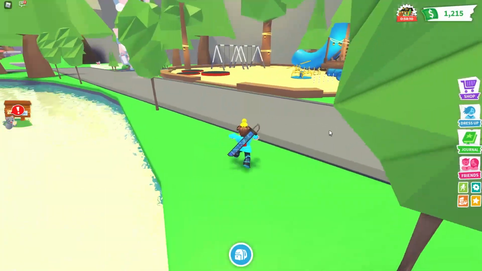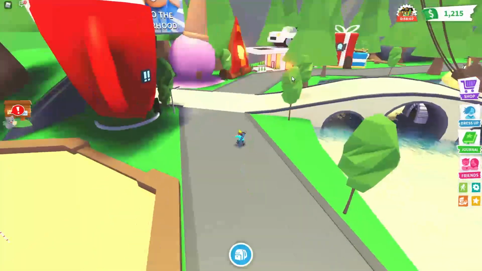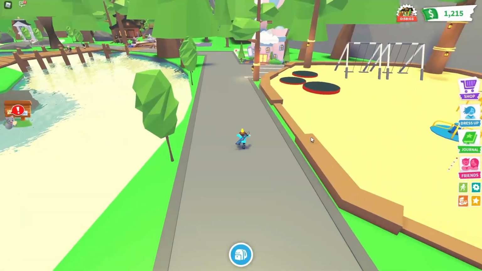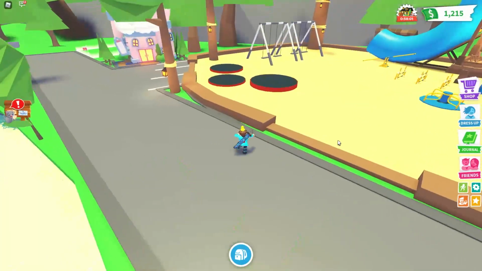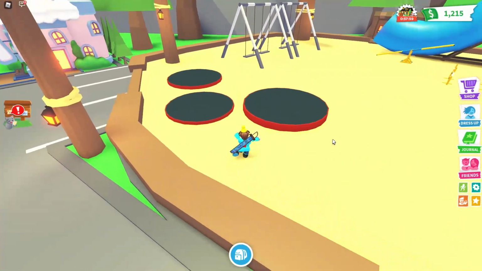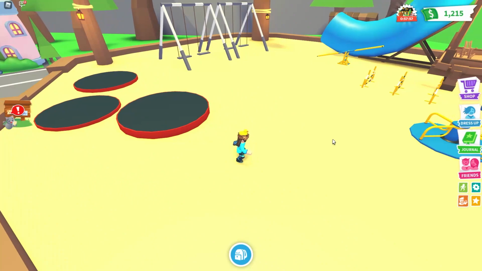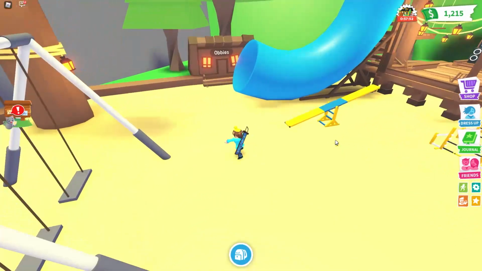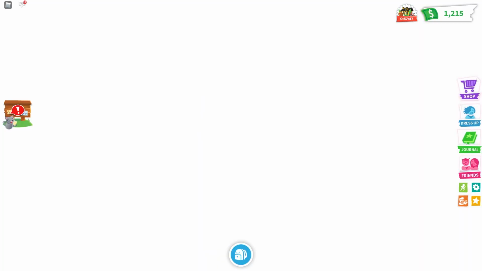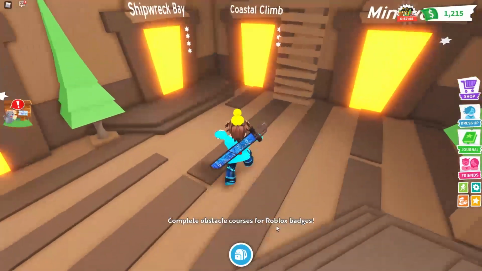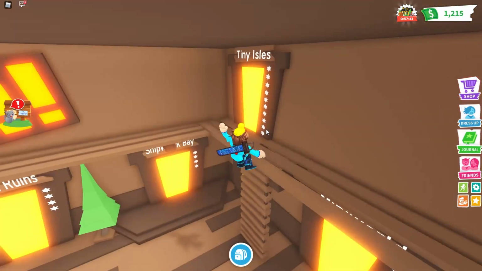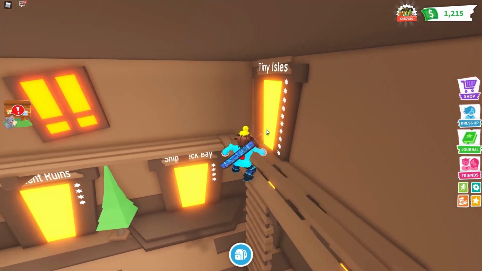Well, first of all, about houses, the neighborhood used to not exist. It used to just be this main area, and there were houses and apartments around here. You'd have to rent them, and they costed a certain amount of bucks. It would depend on what it was, an apartment or a house or whatever. And you'd have it the whole time you were on the server. And then obbies, what they do now is they give you Roblox badges, which it says here. What it did back in 2017 was give you in-game money when you completed one of them.